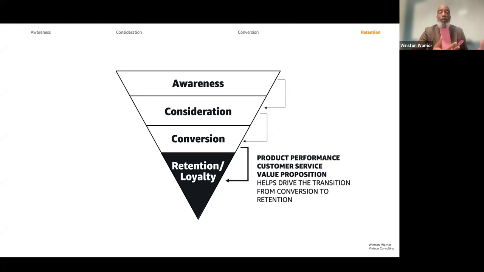We've seen it, and I keep using weddings because it's really popular on social media right now. But you've seen these disasters, right? People have paid money for an experience, and what they got was not it. Or dare I say other low-cost brands that start with an S and end with an N. You see the picture that's advertised, and they've built the awareness. People now consider them. They have converted and purchased. And then when they get it, the product just does not represent what they were selling. And so they lose people. You want to have great customer service and a great product. The value proposition is there, and it helps you retain your people.